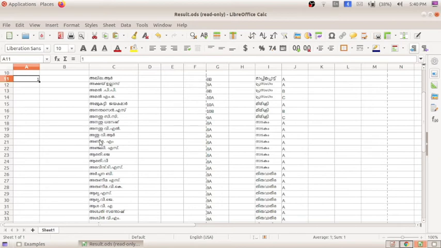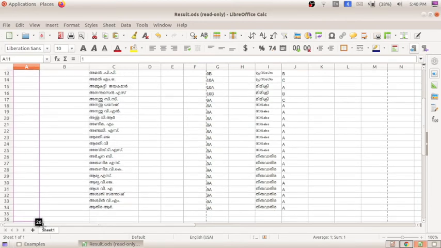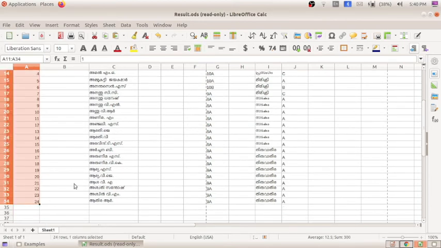So in Excel there is one technique for getting the serial number. You can see a small square box in the corner of the cell. Place the mouse pointer here, you will get a plus sign, and when we drag like this, automatically you will get the serial number.